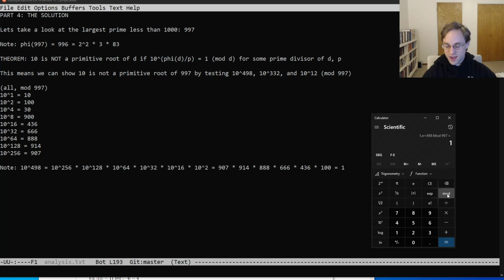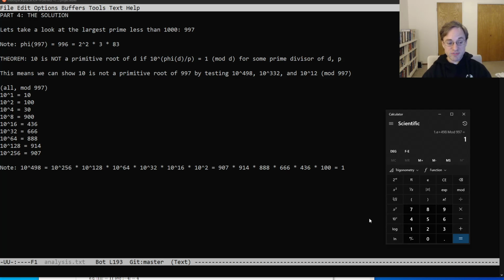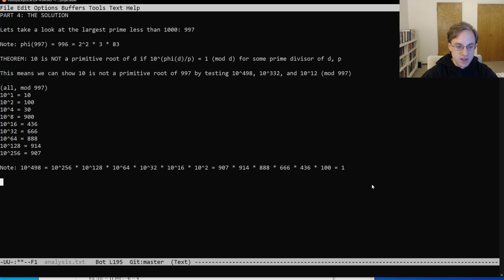Now I'll note that not all calculators will behave this way. Many of them switch into floating point for large numbers, and then this won't work. But fortunately, I have a calculator where this does work, and so this is how we're going to do the rest of our candidates. Okay, so now we need to do 10 to the 332. Actually, no. My mistake. We've already shown that 10 is not a primitive root mod 997. So we can move on to, now let's consider d equals